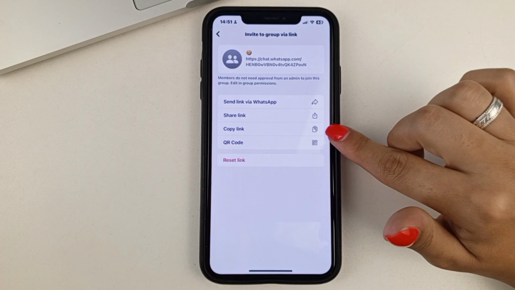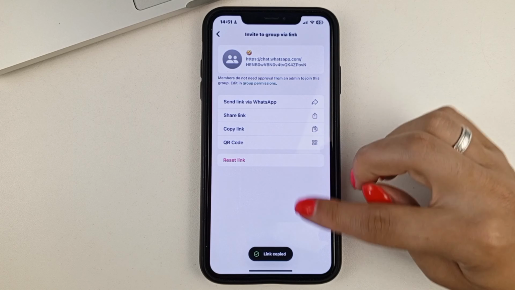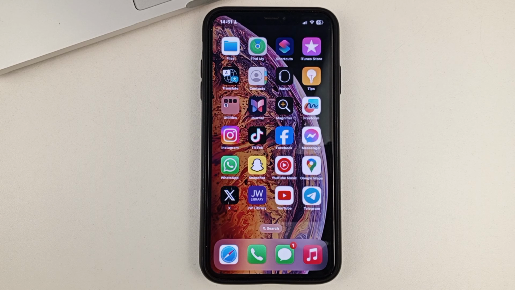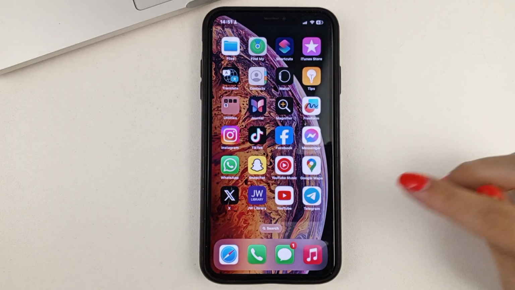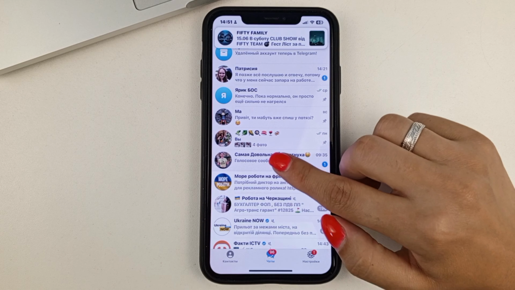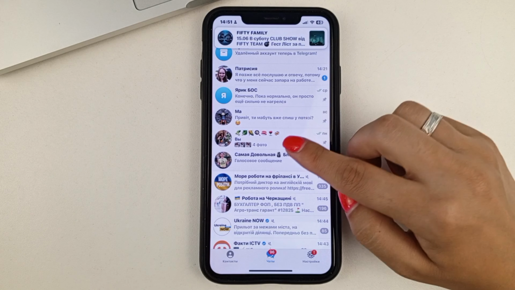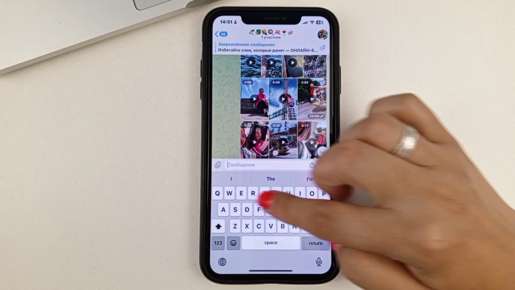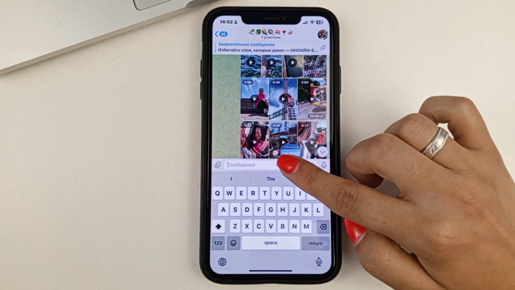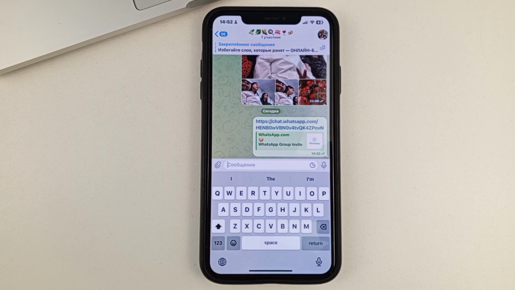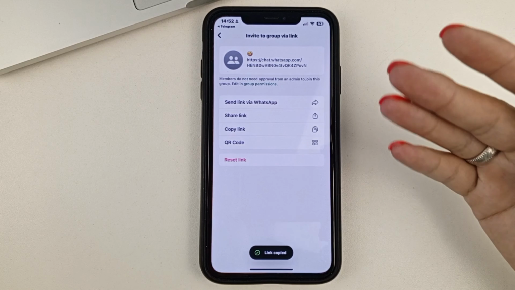Next, you can also copy the link. The link is copied, and then you can go to absolutely any social network or, for example, Telegram, somewhere else. I'm going to go to Telegram, let's say. Next, you choose the correspondence that you need. After that, you click on the message bar, hold and select Insert and Send. And so, as you can see, in this way you send a link to the group in WhatsApp and the person can go to it.